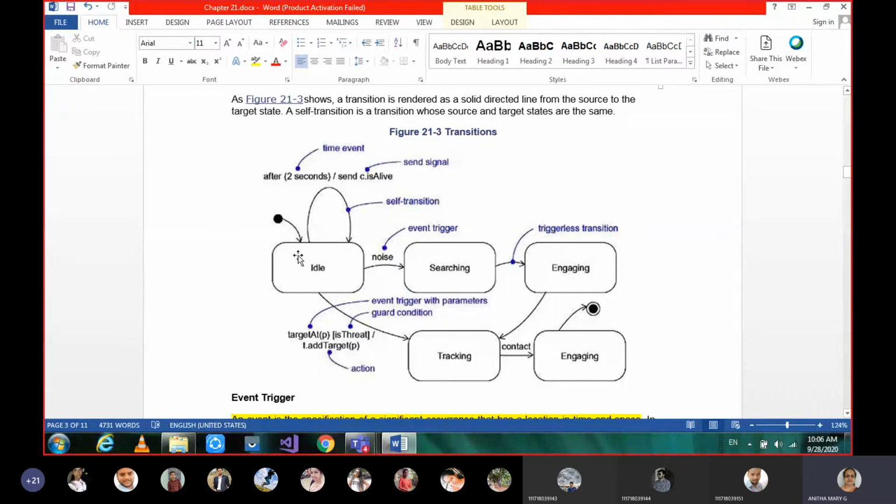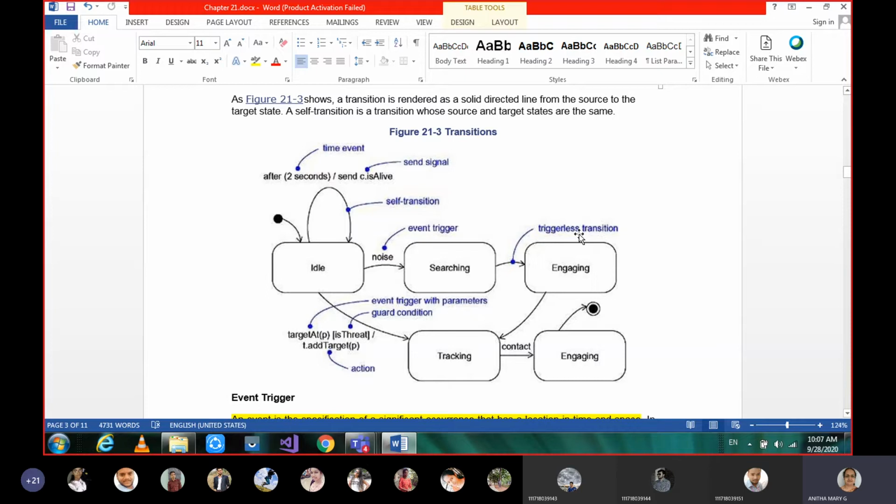How exactly is this idle state going to start doing its action after 2 seconds? With some noise. With noise is nothing but a symbol that its action is being performed. So the idle state will move on to the searching state, and from searching, it may move on to the engaging state.